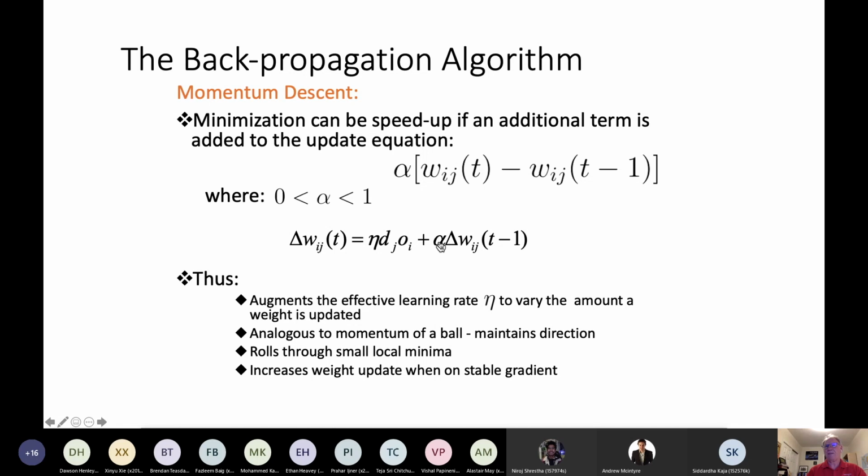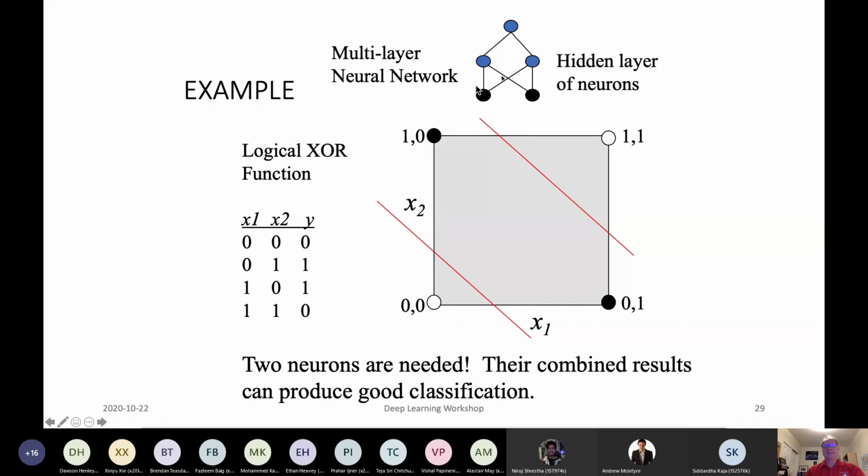So there is a coefficient for that. Now we've got eta, the learning rate, and we've got alpha, which is our momentum term, and it goes between 0 and 1 as well. It turns out that with a slightly more complicated neural network like this one, we can solve the XOR